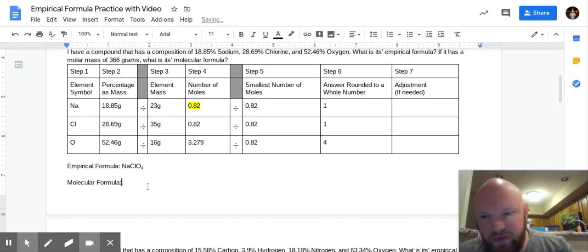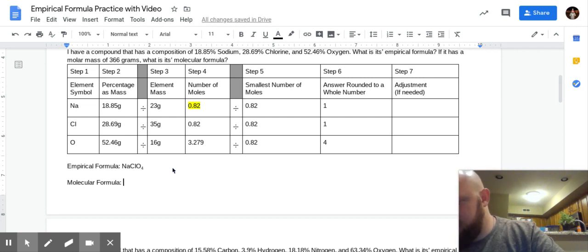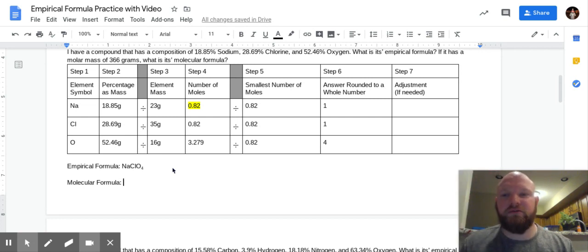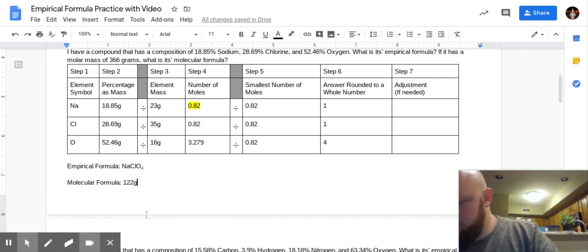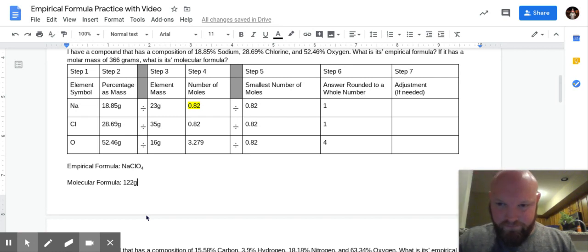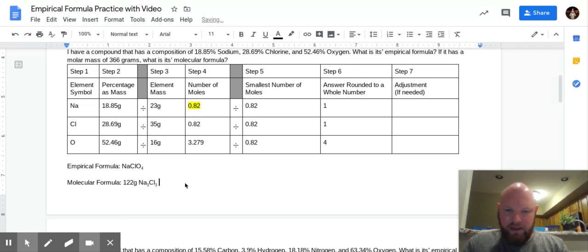So how we figure this one out is we add up NaClO4. So if I add it together, that's 23 plus 35 plus 4 times 16, which is going to give me 122. So I take that 122, I switch around. I'm going to take that 366 divided by 122, and I'm going to get 3. Okay, so that means I take my entire thing up above and I divide it by 3. So I'm going to have Na, oops, my thing's not typing, Na3, Cl3, O12. Okay, it's about to cut me off because